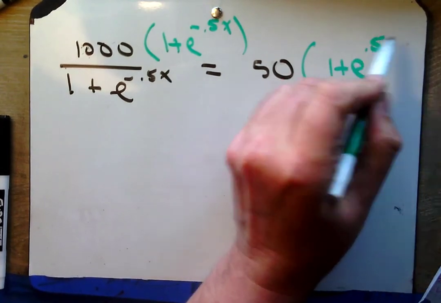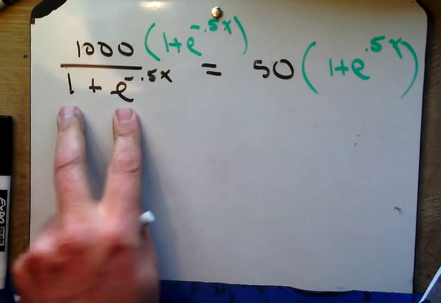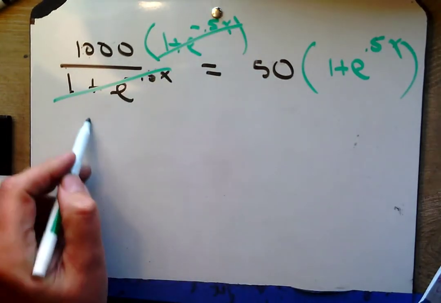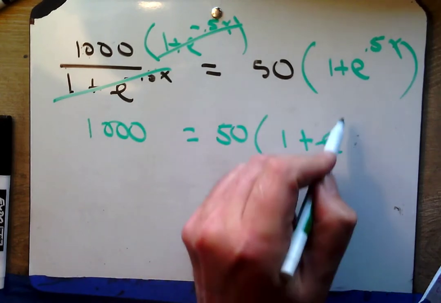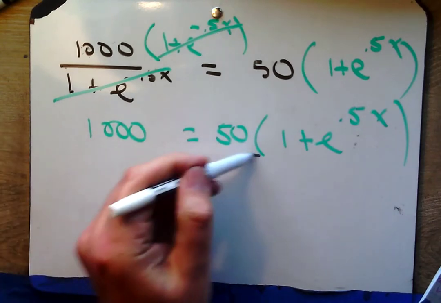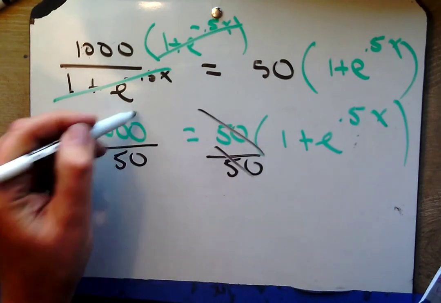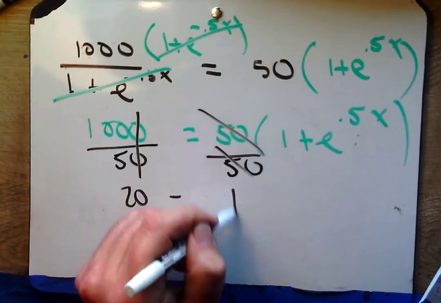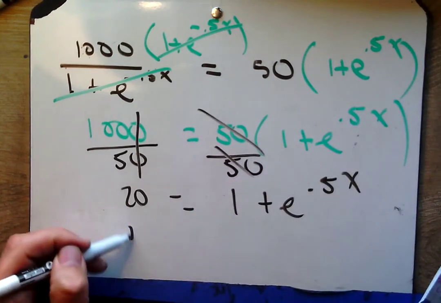Okay, so we're multiplying both sides by this denominator, e to the 0.5x, so that we can cancel those out. You are more than welcome to distribute over here. I'm not going to. I'm going to divide by 50 and make my numbers smaller. 20 equals 1 plus e to the 0.5x. If I subtract 1 from both sides,